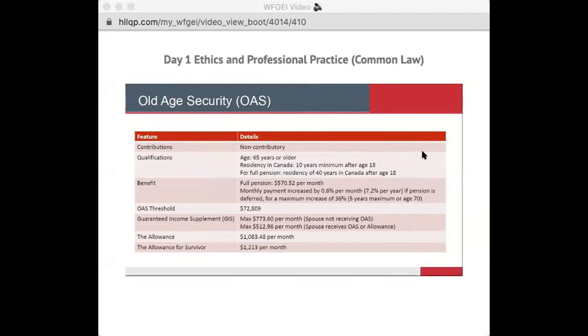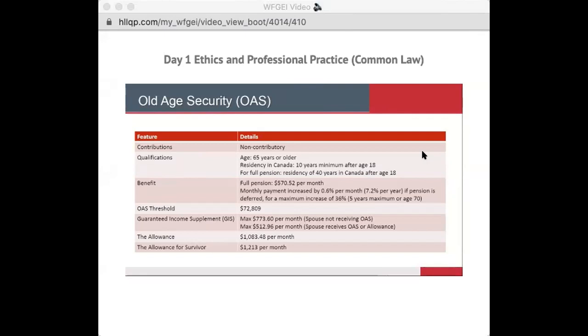So the qualification is 65 years or older. In other words, you can't get OAS any younger than 65. So it'd be 65, or you could delay it if you want. Okay, you must have a minimum residency of 10 years after age 18. It doesn't have to be consecutive, but you must have at least 10 years in order to get any kind of a pension. And to get the full pension, of course, you have to be 40 years in Canada. So basically, what we're saying is 10 to 40 years, that 40 years being